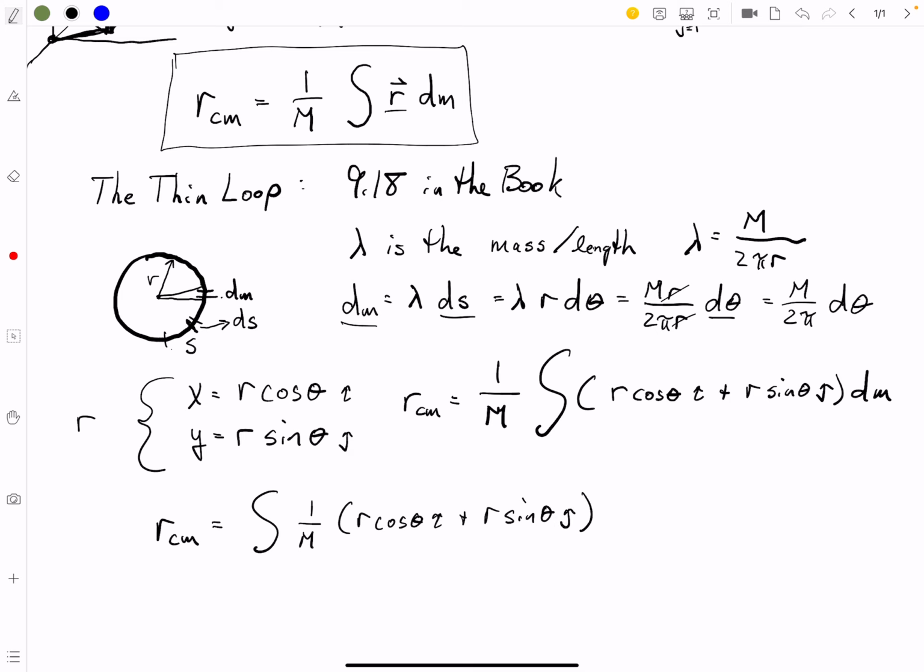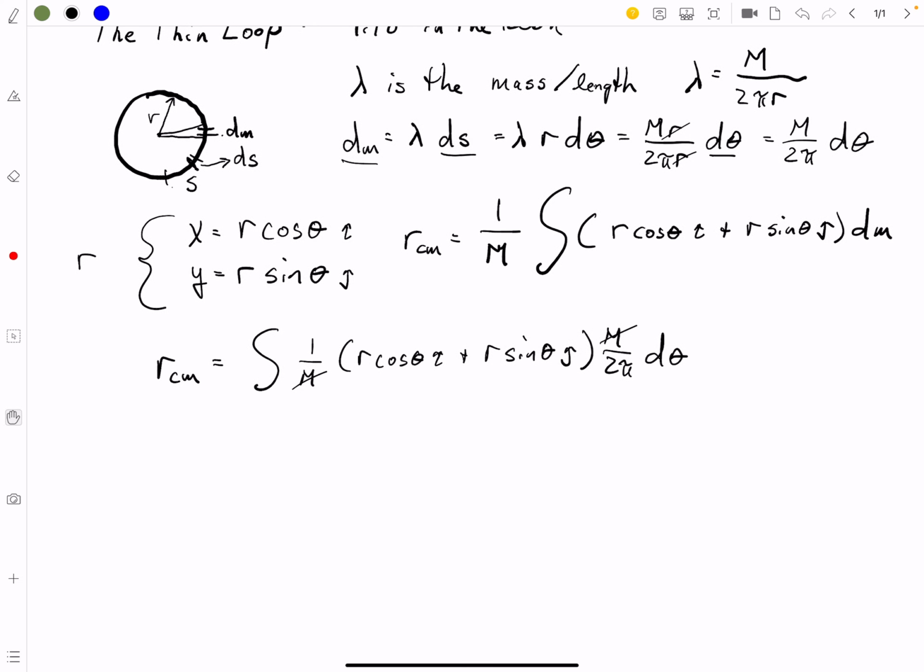And instead of dm, I'm going to write capital M over 2 pi d theta. If you notice, this M and this M are going to cancel. And out front, we can stick our 1 over 2 pi because that's just a constant. So R_CM then is going to equal 1 over 2 pi